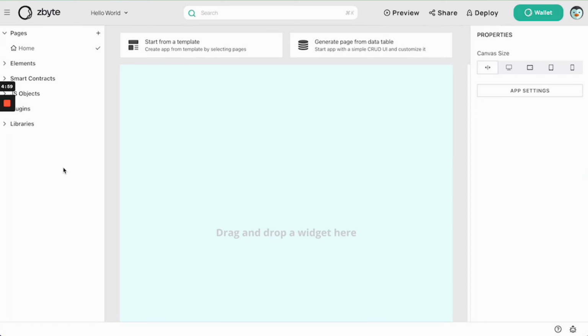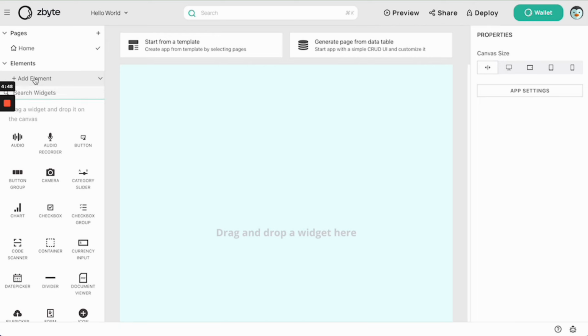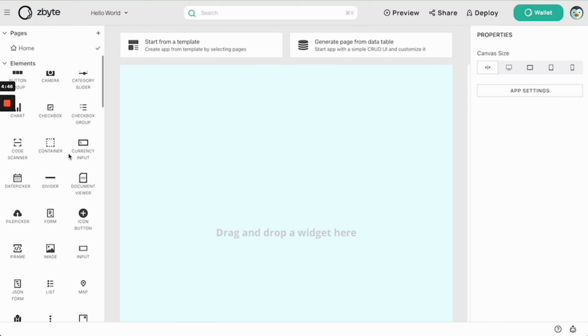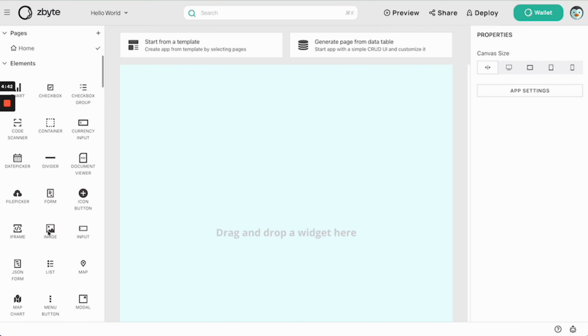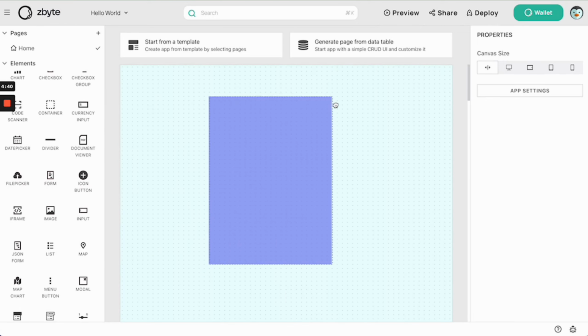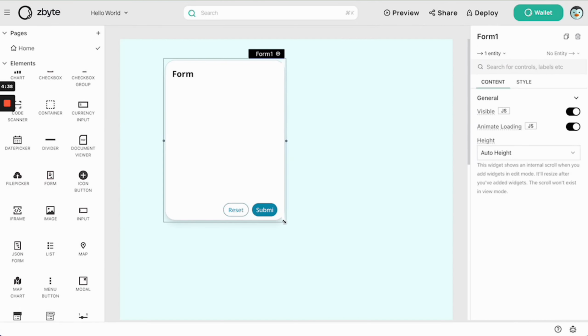Let's take a look on the left-hand side in our main pane for elements we can add to the application. Under elements, we have widgets and other visual elements that we can use to build the application. For example, we could drag over a form and